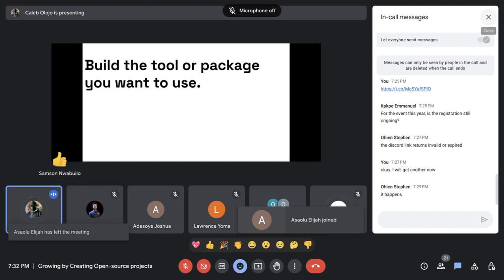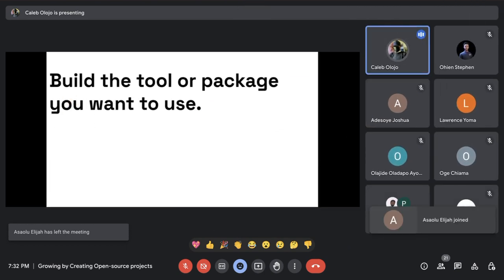So build the tool that you want to use, build that package for you, and share with people. If they find a need for it, they would definitely use it. That way, you've killed two birds with one stone. When you see that you've been using a particular function or doing one thing over and over again, I think it is time for you to share it with people. You may think that it could have been built by someone already, but you'll never know until you try to publish it or make yours better than the one available on the internet.